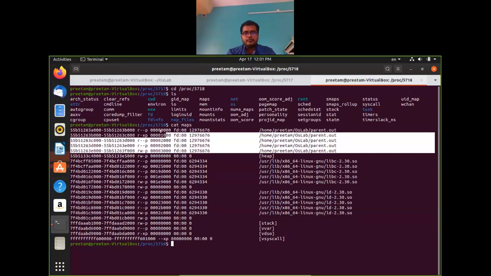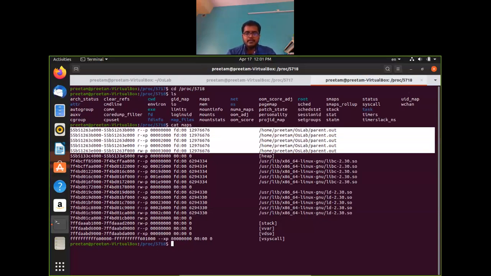All of them are private, private to this parent program. We'll also have shared memory coding, connecting two programs using shared memory, and we'll see there that whenever memory is shared, this P becomes S. But for the time being we have all these private memories.